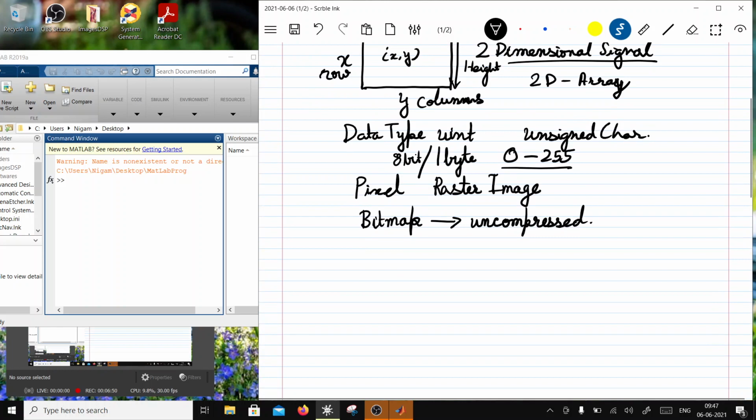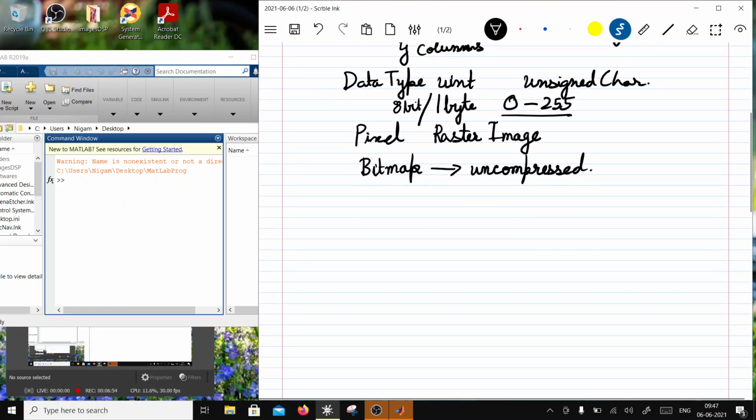For now, let's say by default I'm considering that this is going to be a grayscale image. So basically between black and white, there are going to be 255 quantization levels.